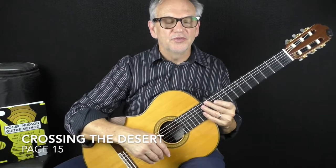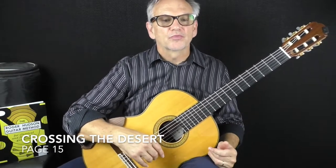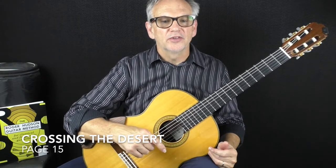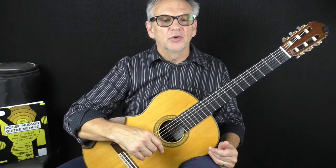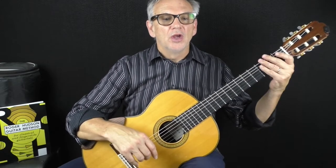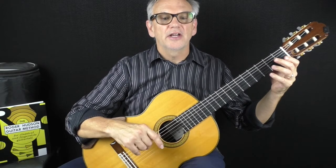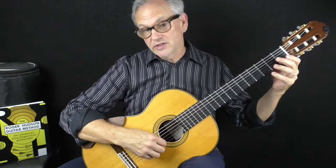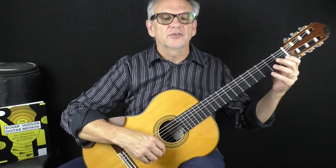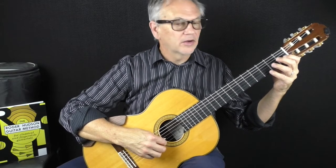Crossing the Desert, page 15. This is mostly eighth notes. It's a good exercise, another good one to get warmed up with if you want to memorize it. Crossing the Desert is I and M in alternation on the right hand. And we'll be using first string notes and second string notes. So here's Crossing the Desert. 1 and 2 and 3 and 4 and...